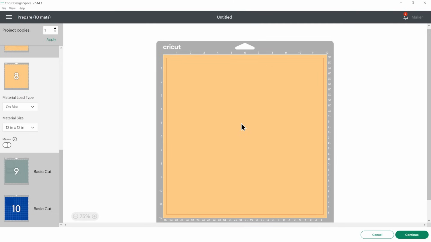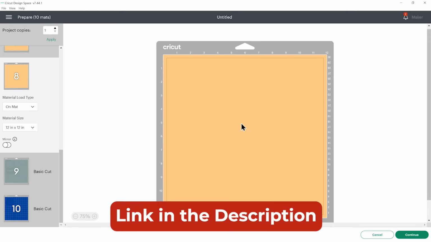Again, one thing I probably should have already said is I do have a separate video on how to cut craft foam with a Cricut using both the deep cut blade and the knife blade. So whichever one you've got, you can use that with your craft foam. And again, I'll add the link to that one in the description of this video.